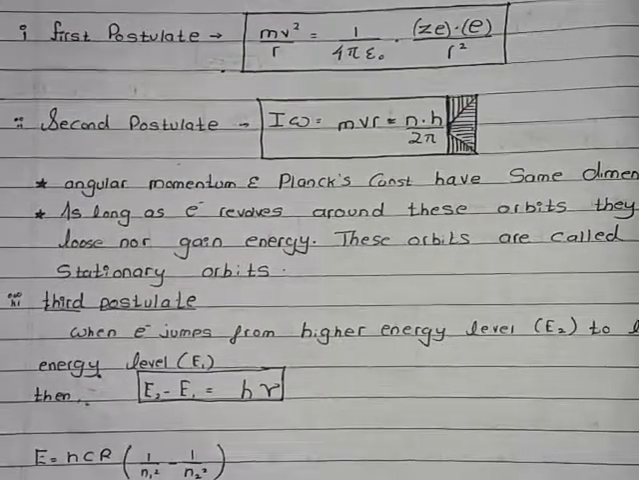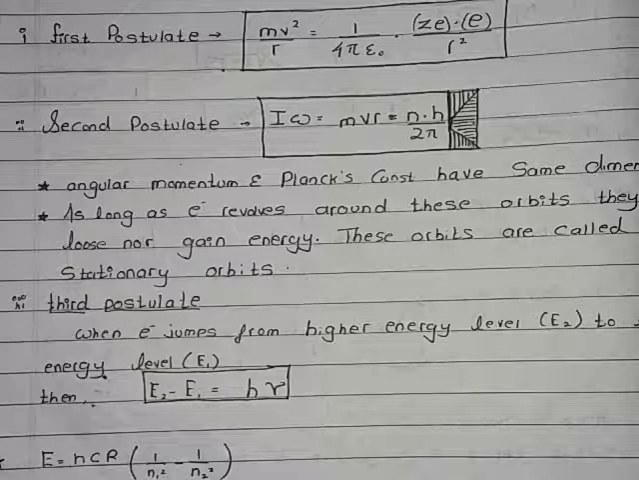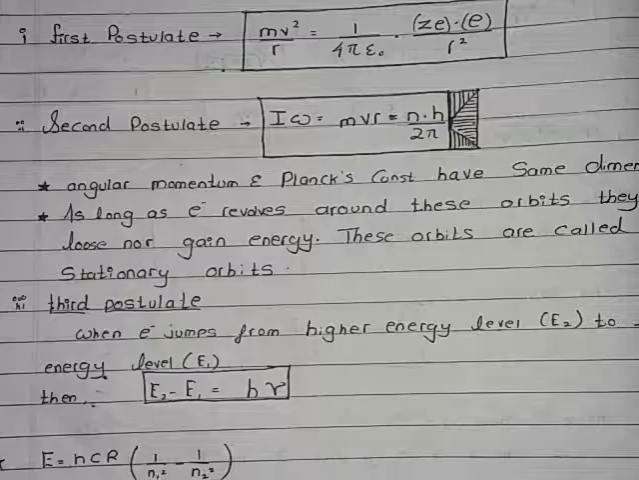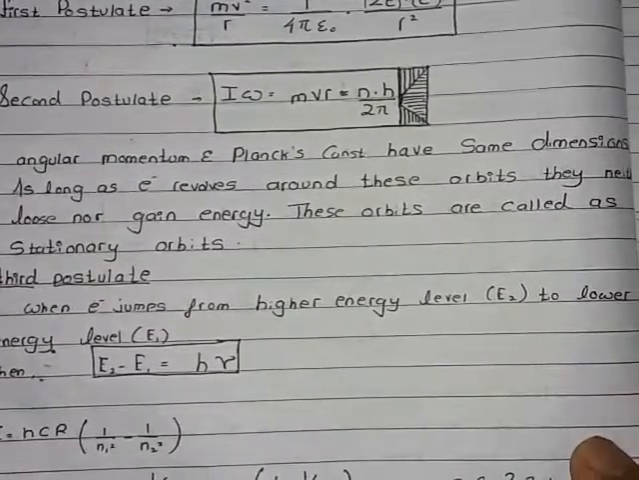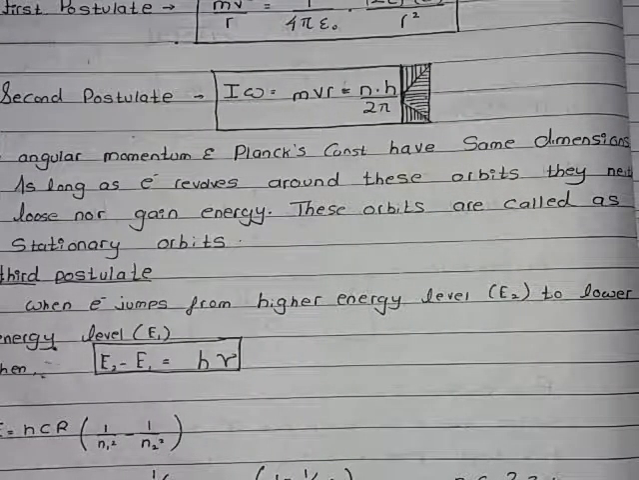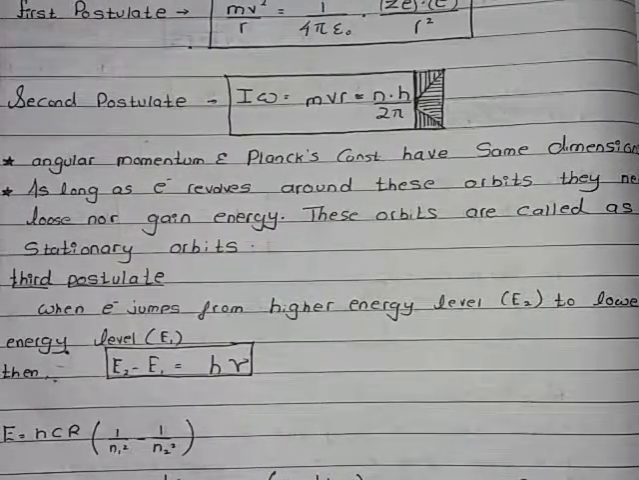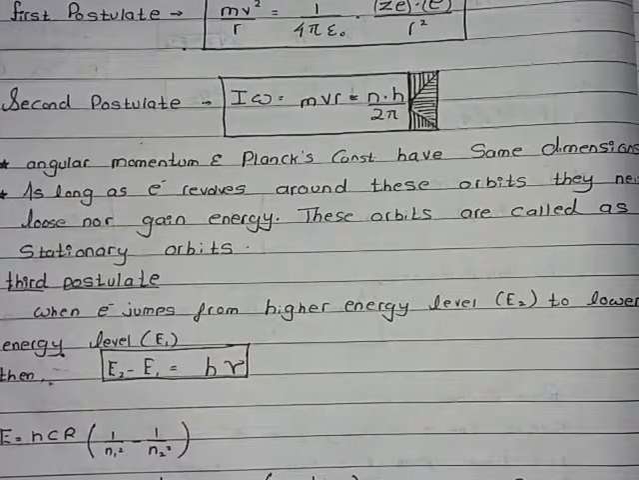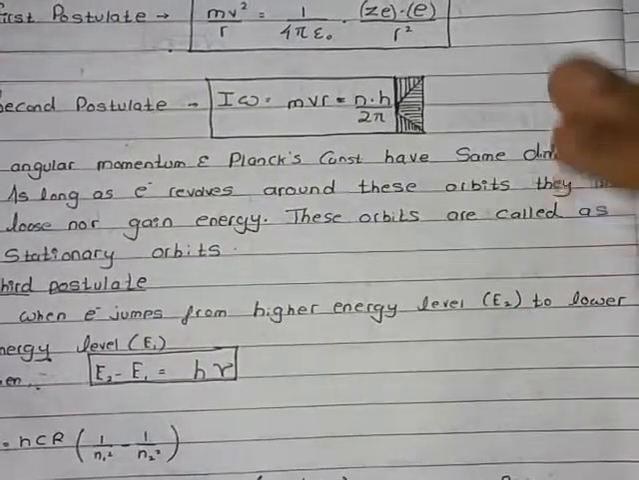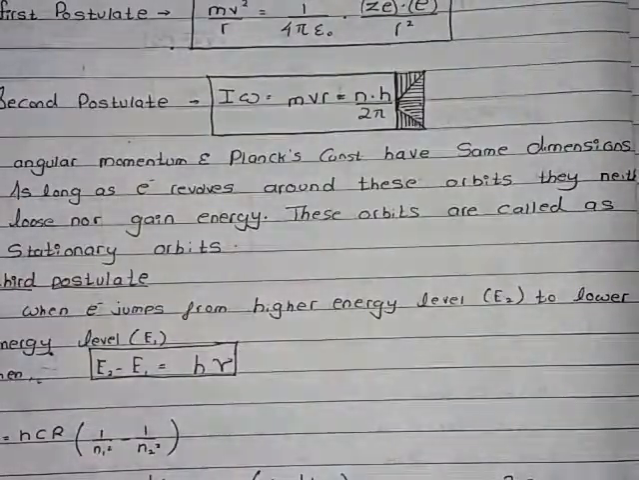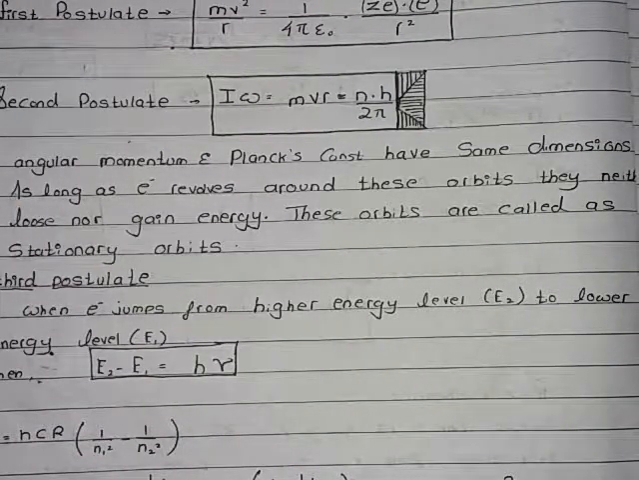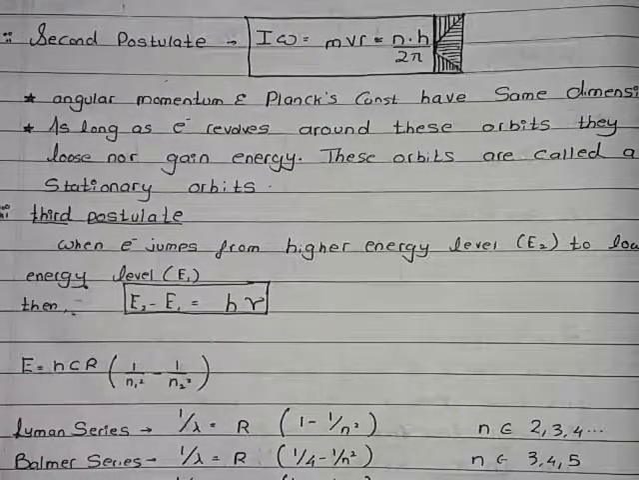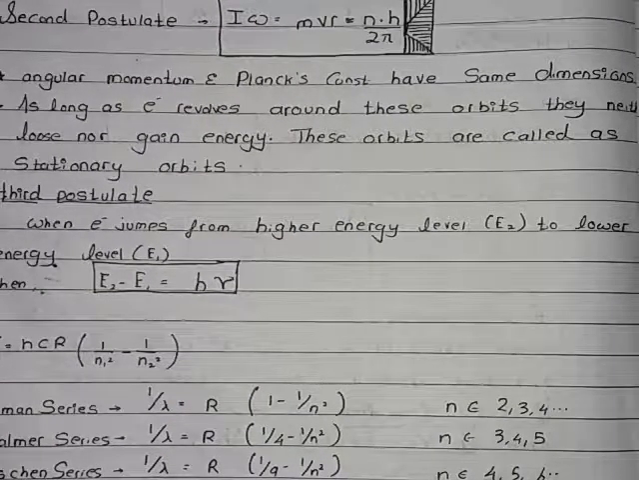Second postulate: I omega, where I is the moment of inertia, I'll explain it in the part on rotational motion. I omega equals mvr equals nh upon 2 pi. Angular momentum and Planck's constant have the same dimensions. As long as the electron revolves in these orbits, it neither loses nor gains energy. These orbits are called stationary orbits. And the third postulate says when an electron jumps from a higher energy level to a lower energy level,